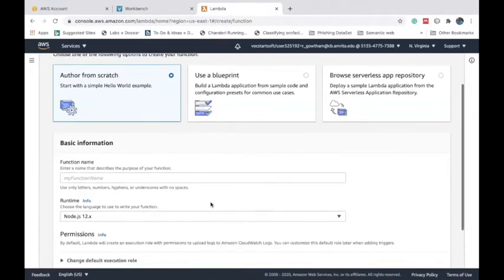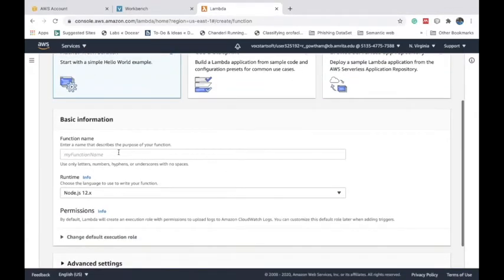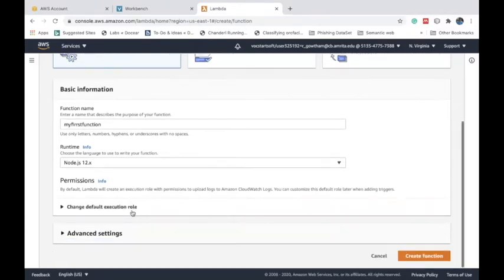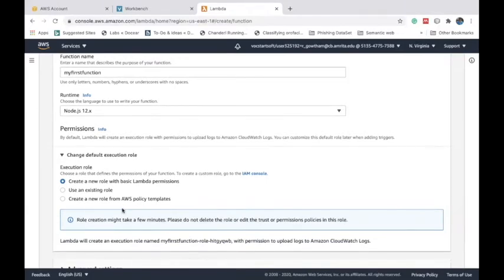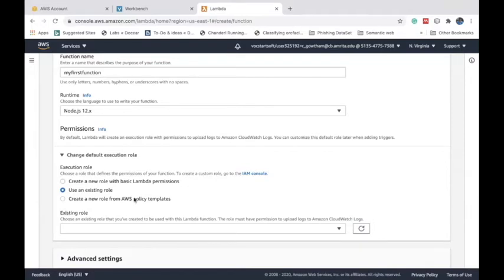Here, specify the name of the Lambda function. I'm going to specify my first function, and the runtime environment is Node.js 12.x. I'm going to leave it as default, and in the permissions you click on change default execution role. In that, you select the second option, use an existing role.